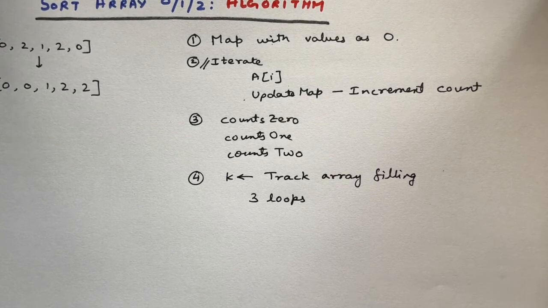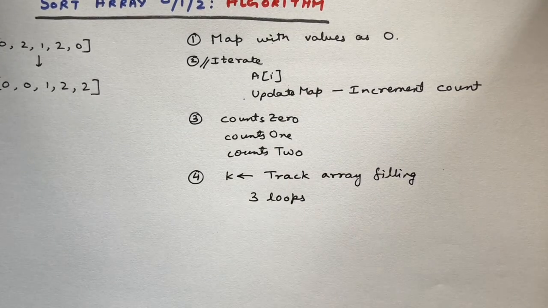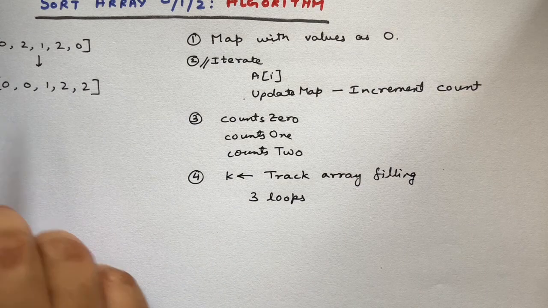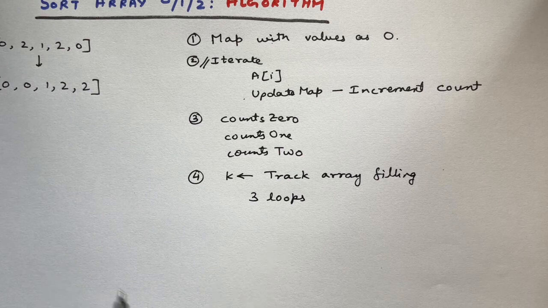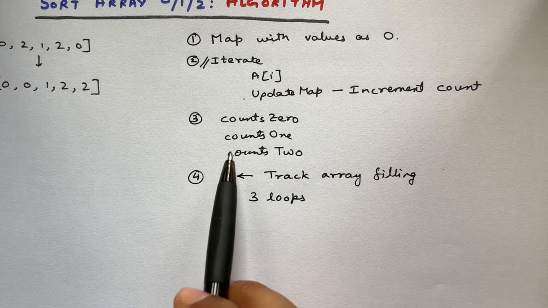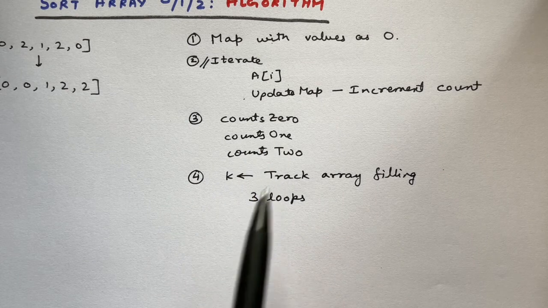Okay, so first of all, we'll initialize the map with values 0. Then we will iterate over this array. In each iteration, we'll have this element, and for this element, we will update the map with the count. For example, if we have the element 0, then we will update the count of zeros seen so far in the map. Once we are done with this, we will get the counts of 0, 1 and 2 from the map,